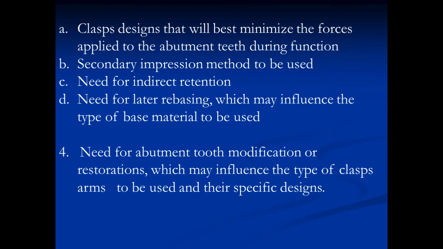So how many clasps have to be given? There are three different types of variations. We have quadrilateral configurations of direct retainers. We have triangular, or tripodal, configuration. We have bilateral configuration. So there are three different types of clasp positionings, or conditions, wherein we decide how many direct retainers and at what positions they have to be given.